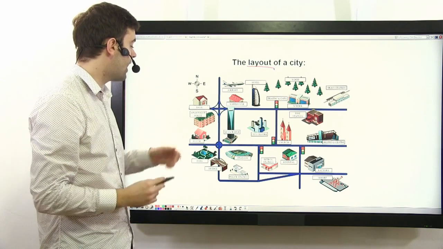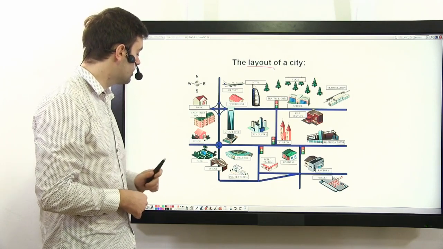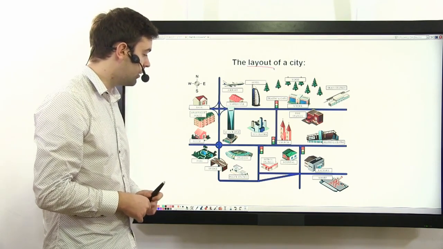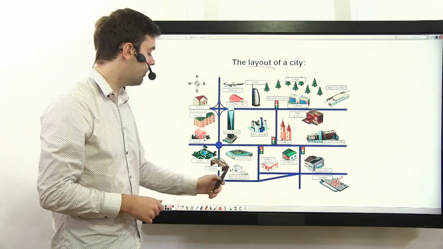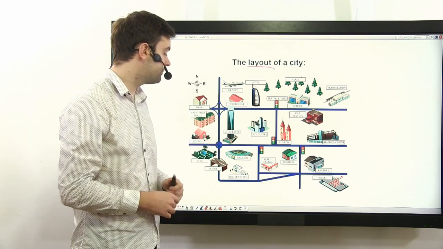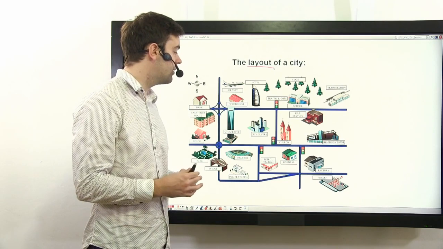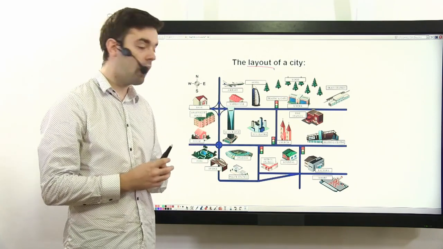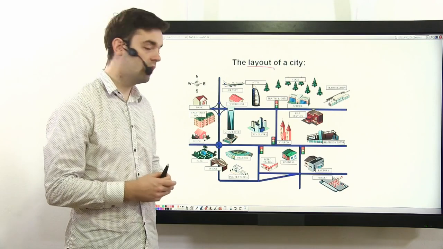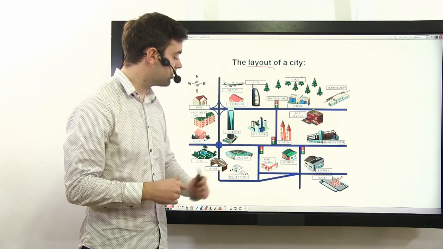So, in this city, we have a bank, an apartment house, a park, a bridge, a police station, a stadium, a skyscraper, a city centre, a warehouse, an airport, a hotel, traffic lights, a petrol station,